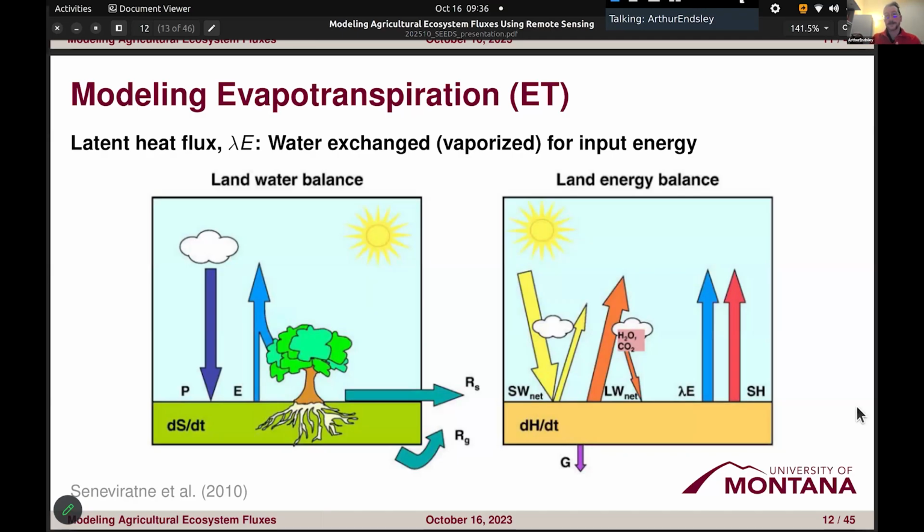And it's energy from the sun in the form of shortwave radiation. It's energy from the atmosphere and from the ground in terms of long wave radiation, closer to thermal wavelengths, and also that ground heat flux. And so one of the approaches, as we'll discuss, to modeling ET is to quantify it as part of a balance of energy. So balancing the energy that's coming into the ecosystem with the sensible heat flux, the heat that you can actually feel moving out of an ecosystem, and then the ground heat flux being the energy that the ground absorbs and moves away from the immediate environment.